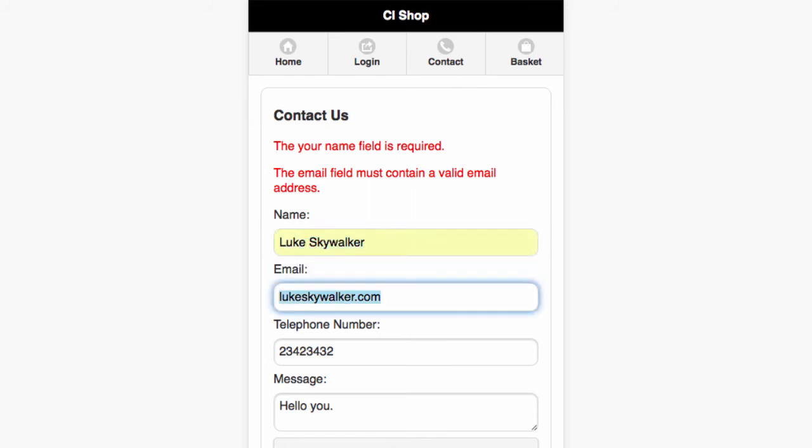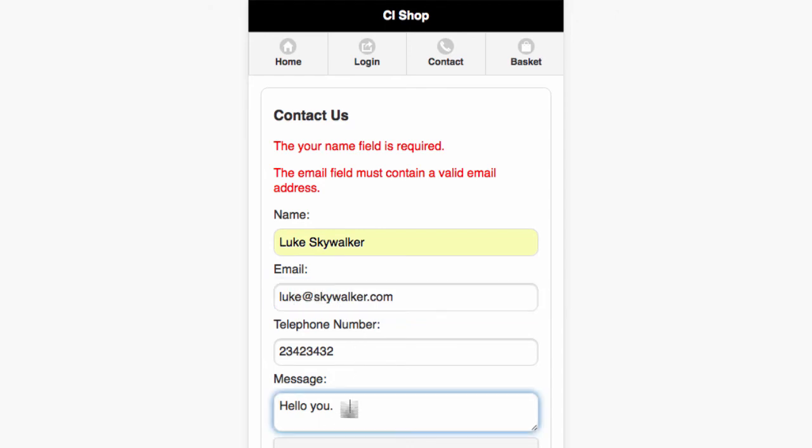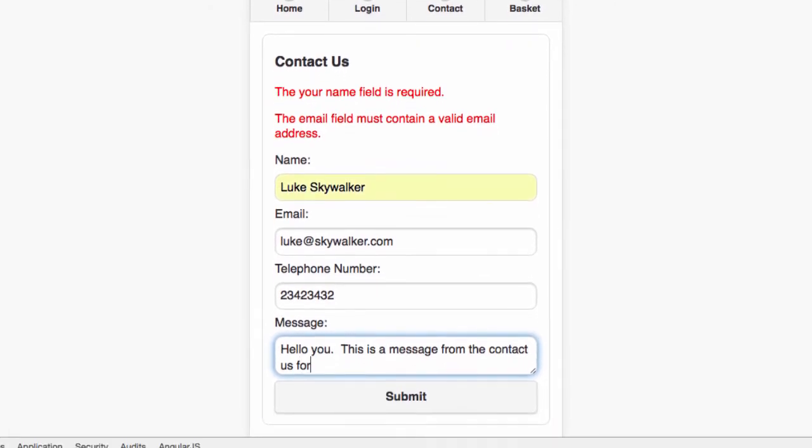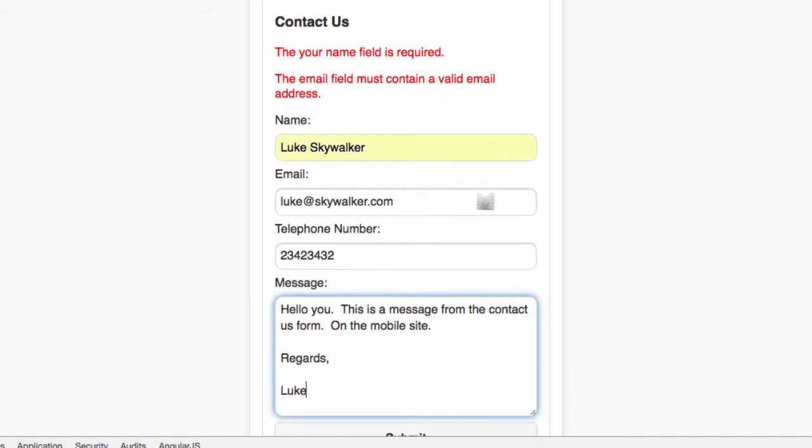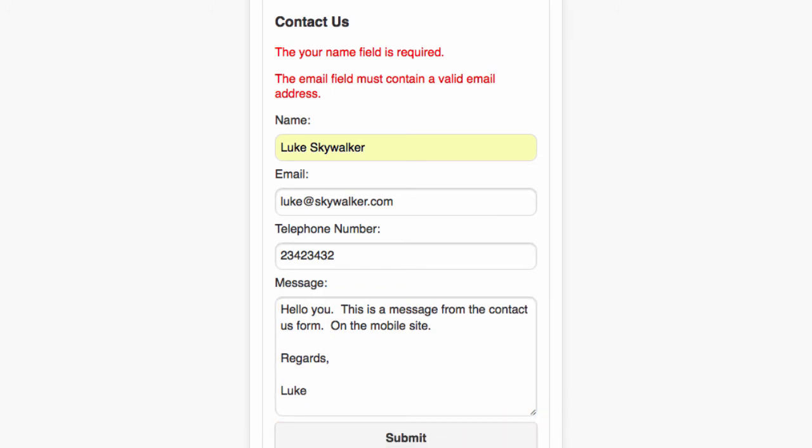Now I'm going to fill it out properly. So the email address is luke@scout. Hello. This is a message from the Contact Us form on the mobile site. And look at how the thing expands. It's just very cool, okay? Very cool. So I can just about click submit here, just about, okay, and here we go,